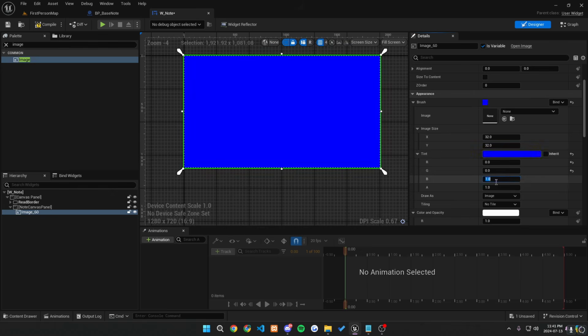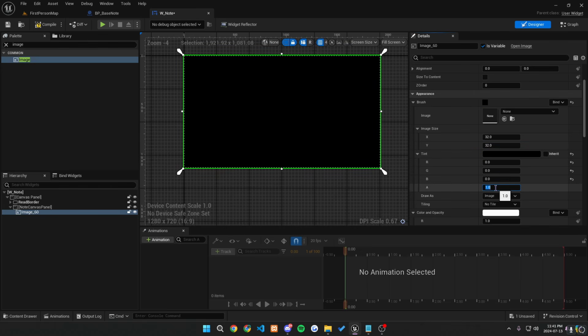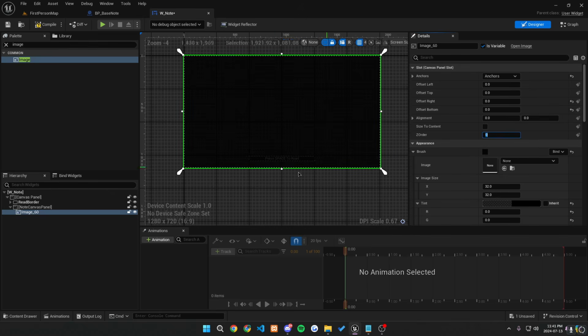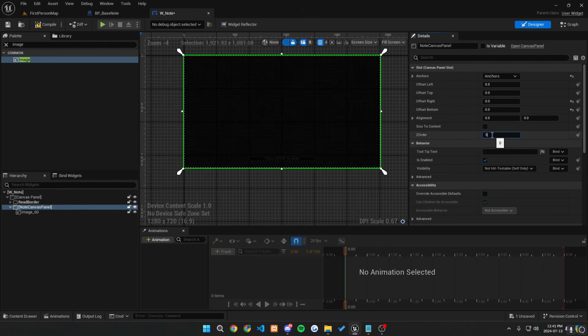So let's just set these all to 0 so that it's black, and let's make the alpha value something like 0.8, which is what I used, but you could obviously choose whatever you would like. Also, make sure you set this canvas panel as 5 Z order, so it's always above. After this, let's make sure that we create another border, and this one will be on the canvas panel as